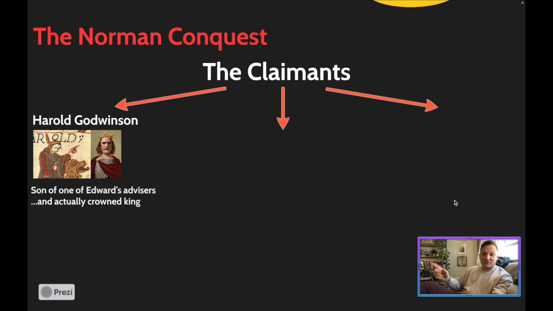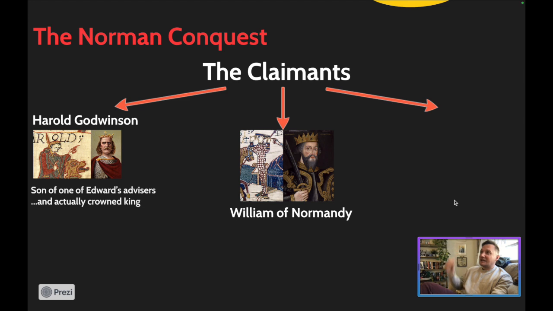One of Edward the Confessor's advisors, a Godwin, was literally told that he was supposed to inherit the throne, or that his son or descendants would, should Edward never have a child. So Harold Godwinson actually was crowned, but we have an issue, right? As Edward the Confessor was still ruling, apparently there was some confusion with this guy.